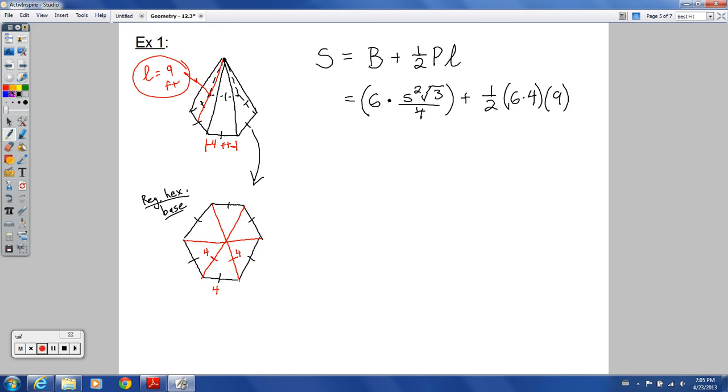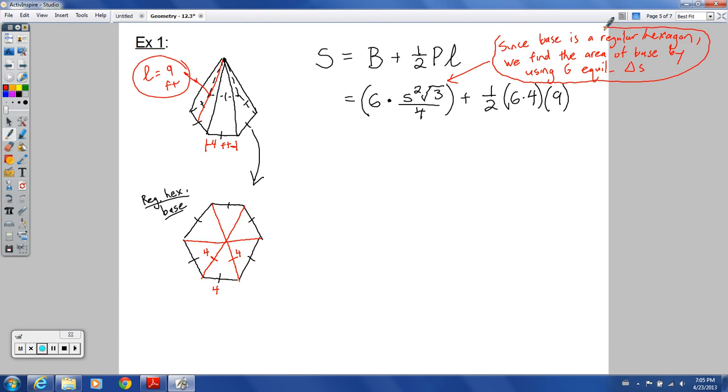And so right here, let's make a little note. Since the base is a regular hexagon, we can find the area of the base by using 6 equilateral triangles. And so that's that equilateral triangle formula, s squared radical 3 over 4, or the expression that yields that value. And so here I'm going to have 6 times my s is 4, so I've got 4 squared times radical 3 over 4, plus I can simplify this right there, that'll be 24,